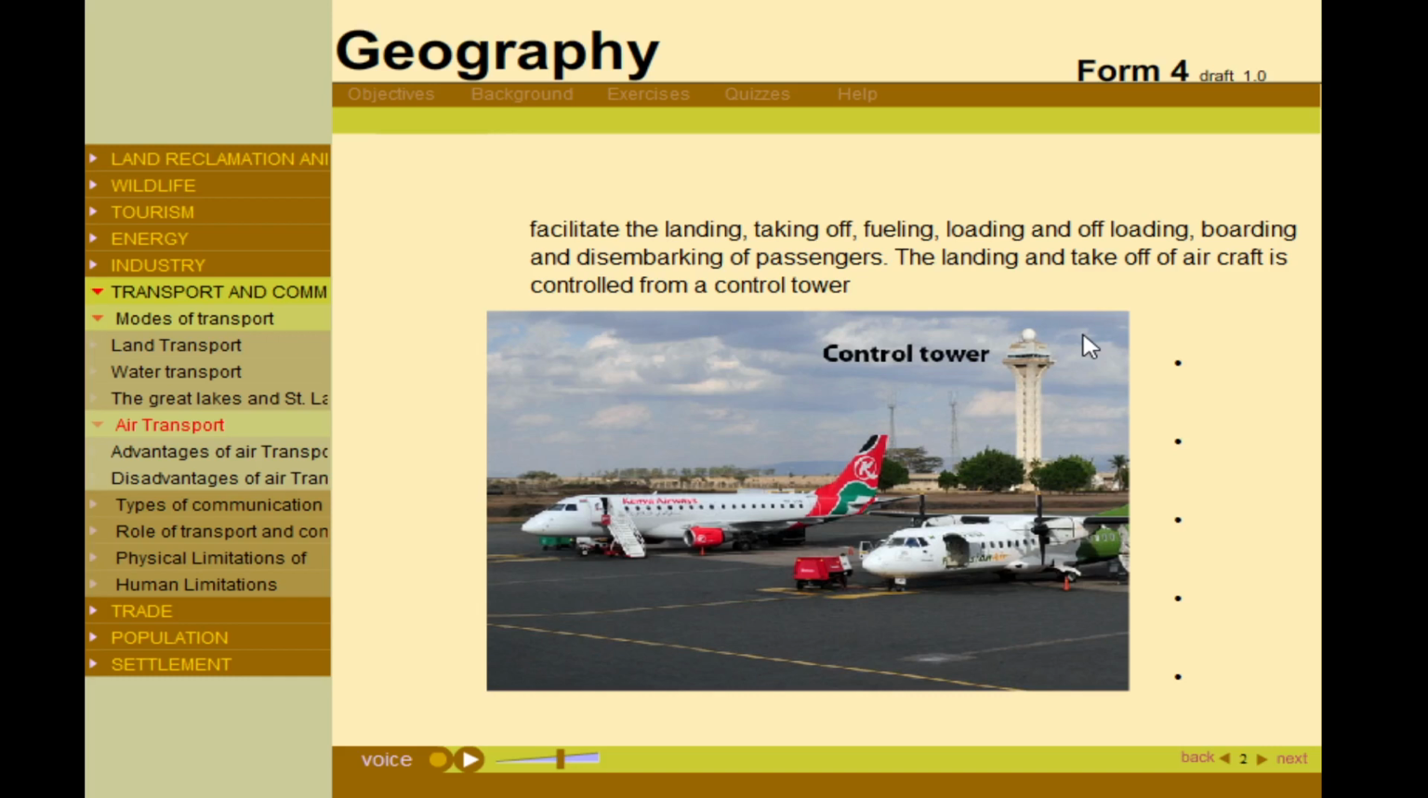The development of air transport is least seen in the developing countries because of the high cost of operation and the high technological know-how required. It is also very expensive to build the airport and buy the aeroplanes. The following countries have developed major airports: